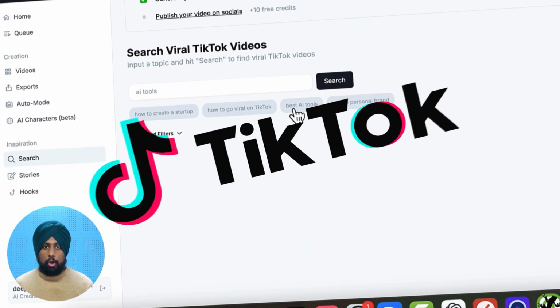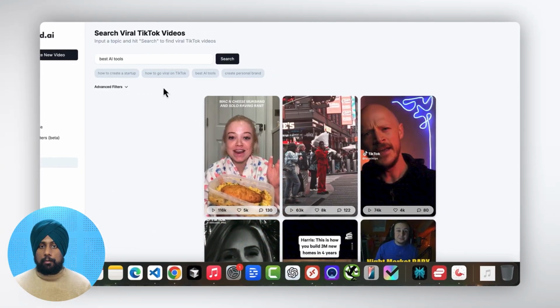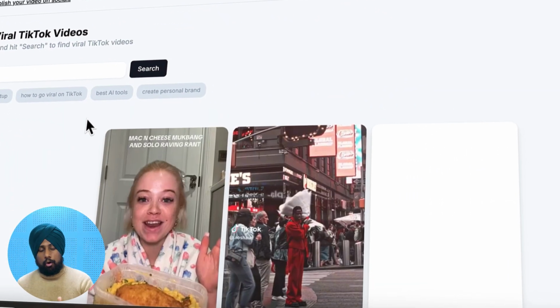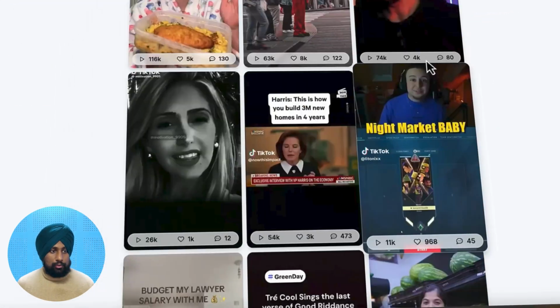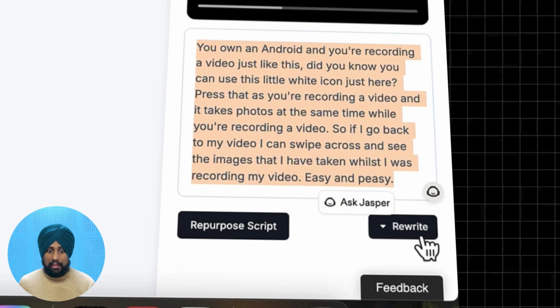If you are on TikTok and want to get viral and you want to search for the inspiration that people are actually uploading and working, it will search all the reels that has been viral on TikTok for this particular keyword. You can click on any video and there will be a script as well, which you can also rewrite